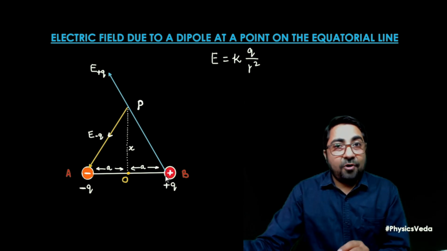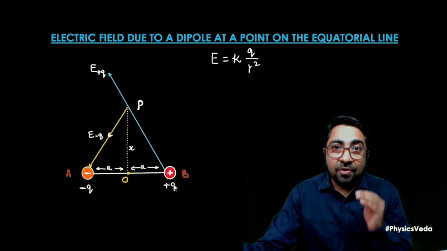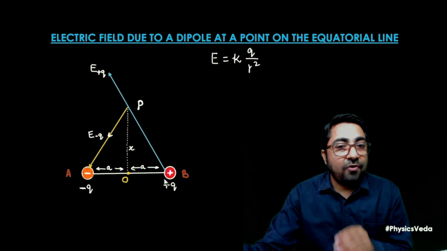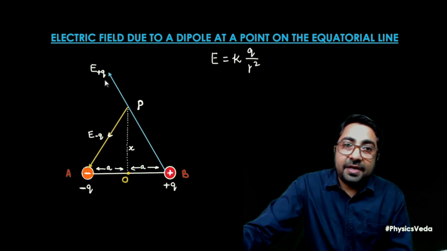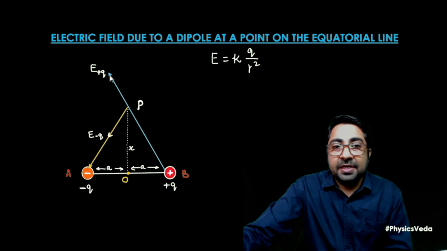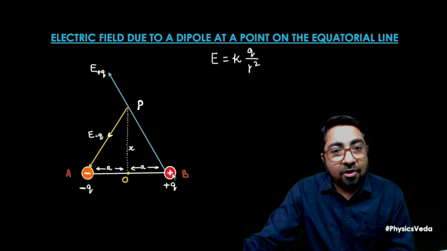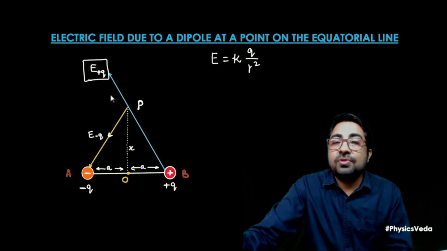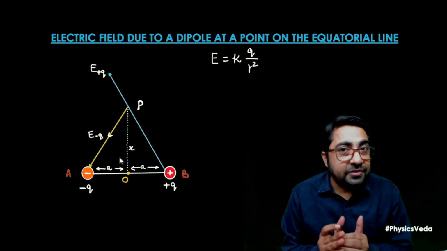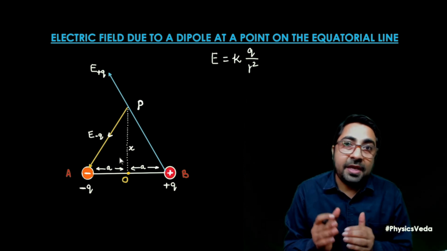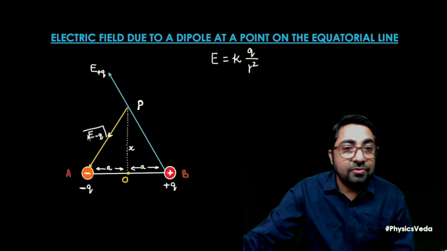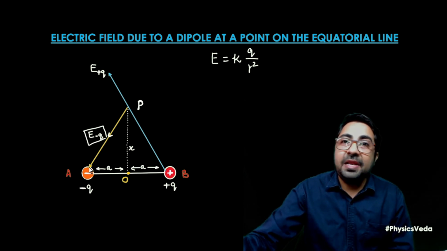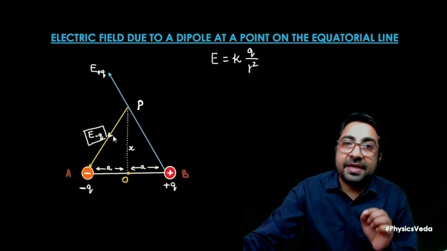So here, as we know that from positive charge electric field lines are in outward direction. So from positive charge, the electric field vector is in this direction, that is, the electric field vector is along BP direction. So this is the electric field intensity due to the positive charge. Due to the negative charge, the electric field lines will be in inward direction. So the electric field intensity due to the negative charge will be in this direction, that is along the AP line, but the direction is towards the negative charge here.